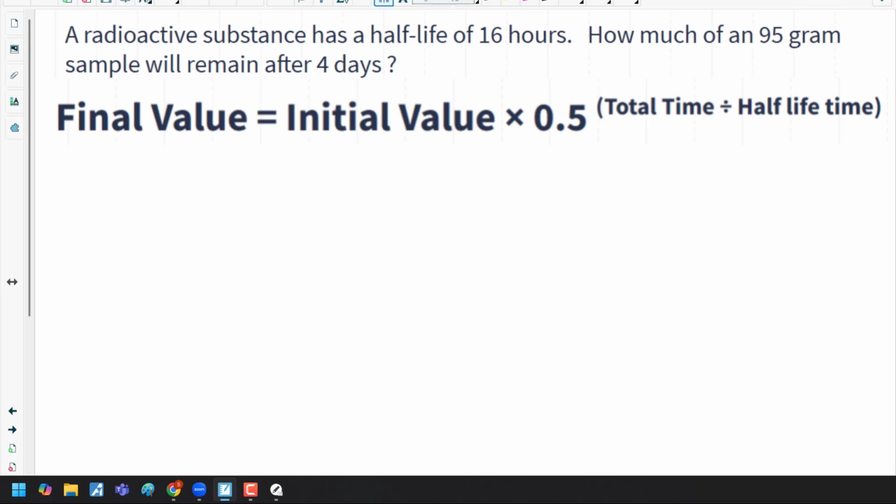So you have a radioactive substance, has a half-life of 16 hours. How much of a 95-gram sample will remain after 4 days? Okay. Half-life is pretty easy usually because the decay factor is always 0.5. So you don't have to figure that out. The final value, once again, we are looking for our final value. We don't know. The initial value in this case is 95 grams. And we have times